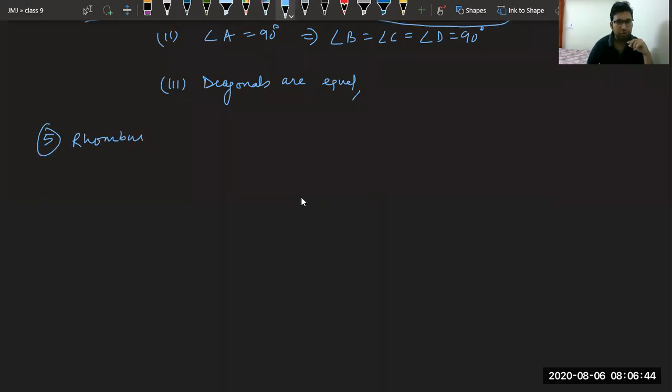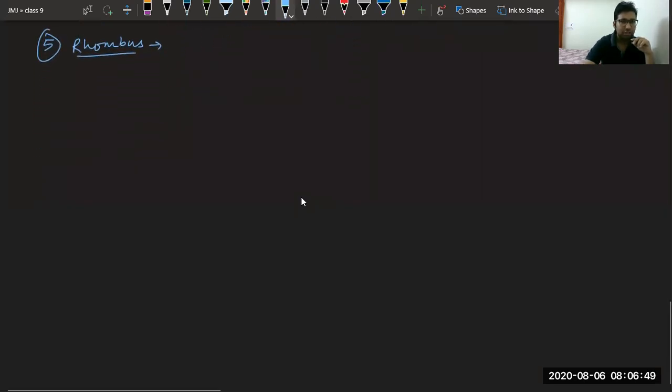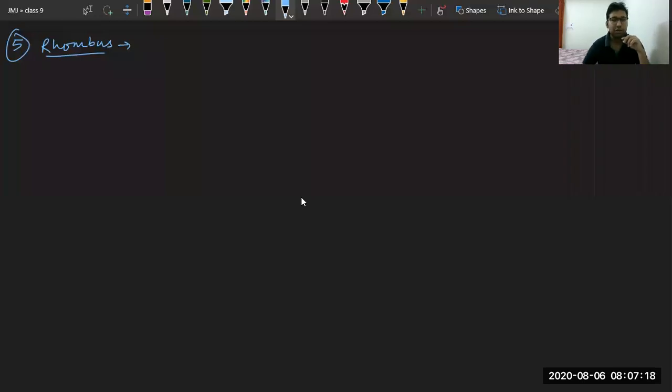Let's start with rhombus. Anyone, any idea about rhombus? Rhombus is a parallelogram or a special parallelogram with, what do we call? What extra property does it have apart from being a parallelogram? What extra property does a rhombus have? No, Vaishnav, diagonals are not equal in the case of rhombus. Yes, Moksh, it is okay. But I am asking the minimum requirement. A parallelogram with all sides equal, very good, Gurleen. A parallelogram with all sides equal is known as a rhombus.